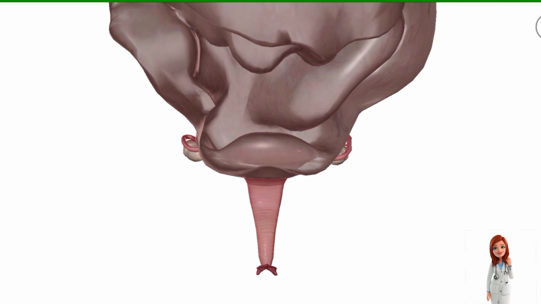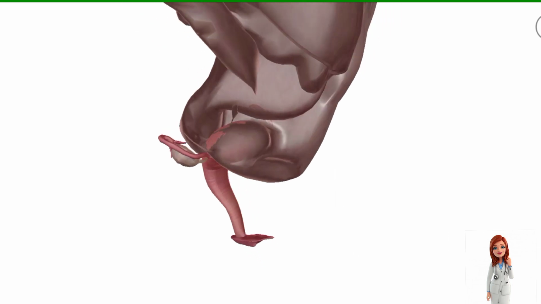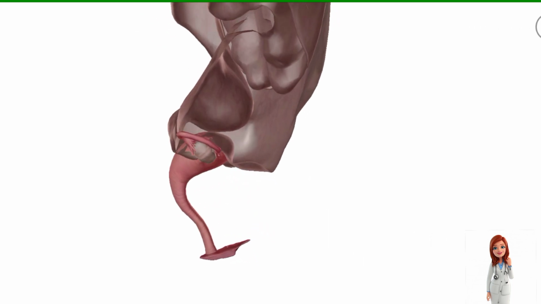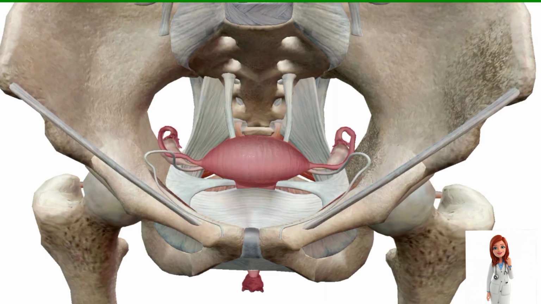On adding the peritoneum within the 3-dimensional view of the female genital tract and going for the lateral view, we can see that the folds of peritoneum are formed, which are named as the anterior ligament or the uterovesical fold of the peritoneum, and the posterior ligament, which is known as the rectovaginal fold of the peritoneum.